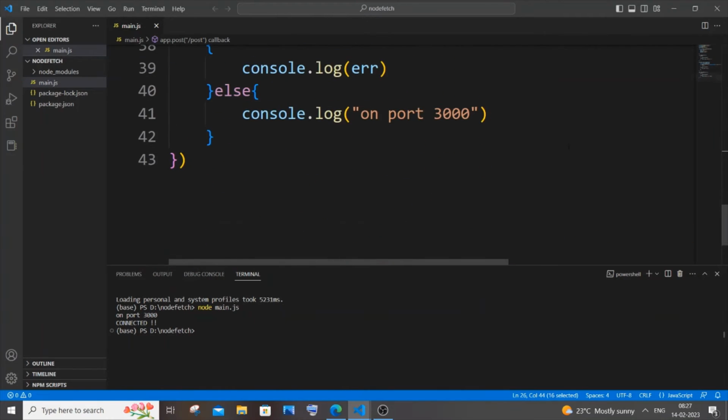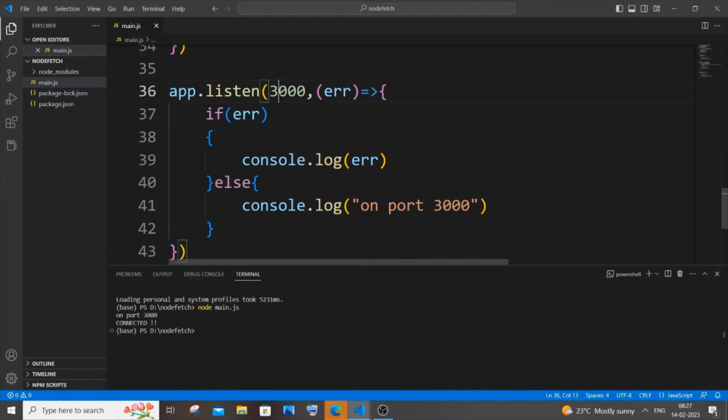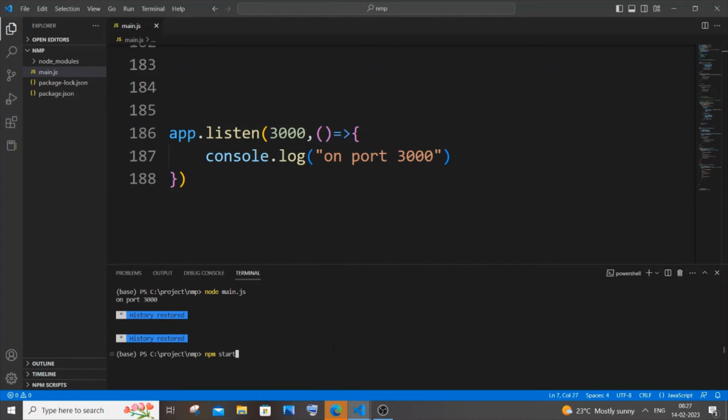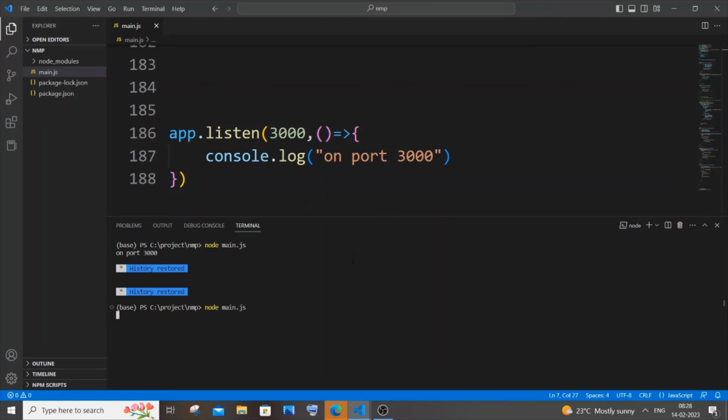If I scroll down, here also I have 3000. So I'll change it to 4000, and save it. If I run it now, it's going to be node main.js. And if I go here and again type node main.js, this time we will be able to run two Node.js codes